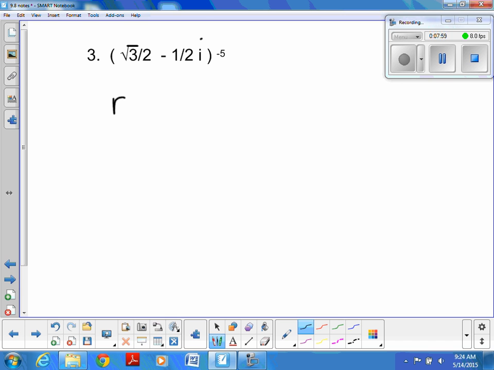So the first thing I'm going to do is find the r. What's the square root of 3 times the square root of 3? 3, and 2 times 2. So doesn't that make 3/4? Plus, any time you take a negative number and you square it, it's going to be positive. So 1/2 times 1/2 is 1/4. It turns out nice. The square root of 3/4 plus 1/4 makes 4/4, which makes 1, which is the square root of 1 is. Yay. Good. And then tangent inverse